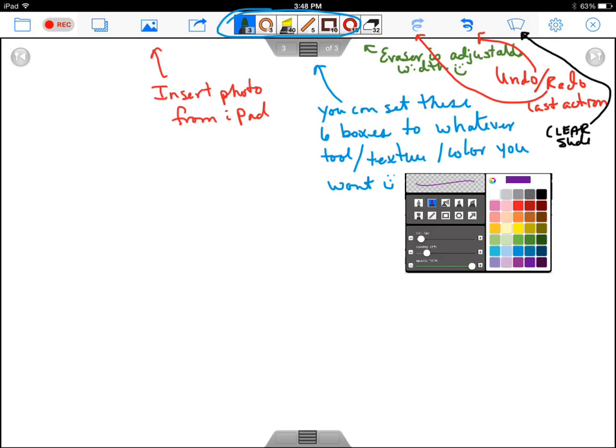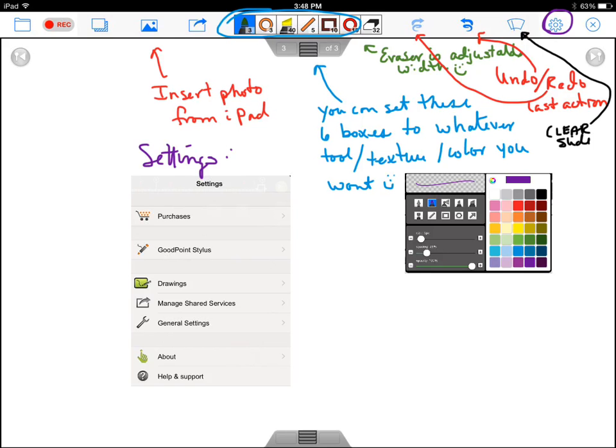So basically, if you kind of do cool stuff for the students, next page, do cool stuff for the students, you can wrap this up, and I'm going to show you in a minute how you can send this out as a PDF to students. That's kind of fun. Okay, so in Apple stuff, they have kind of that settings button up there,